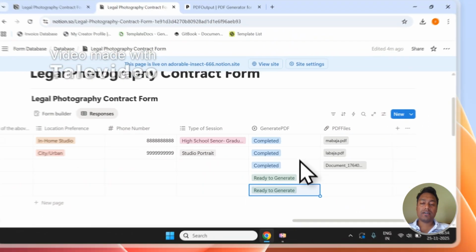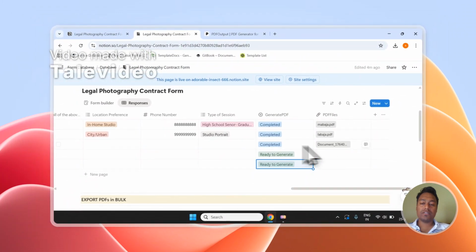And you can see that it has already processed one of the records as we were discussing, and it has generated the PDF file right over here. This is how the automation truly works, and it creates the PDF. Okay, it starts processing the other records one after the other. It takes a little while to do that, but eventually it will process all the records and the PDF file